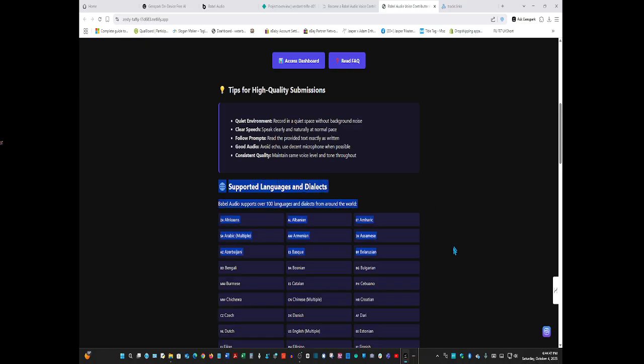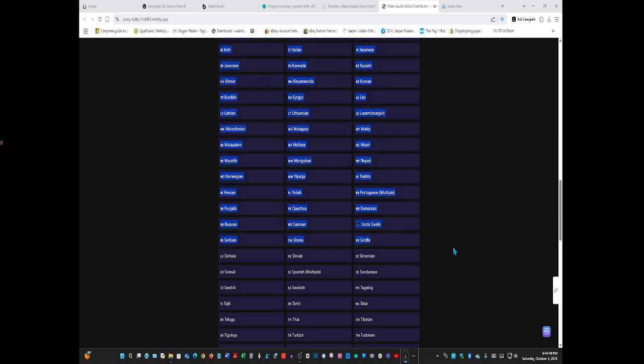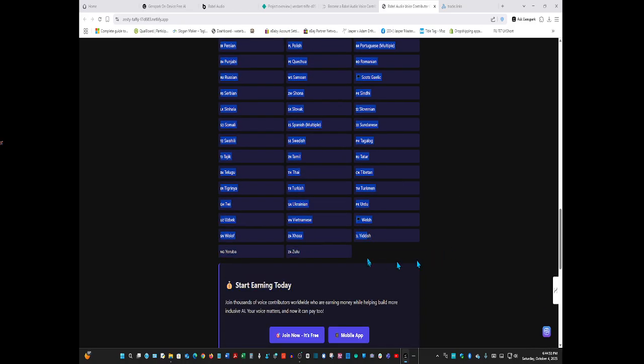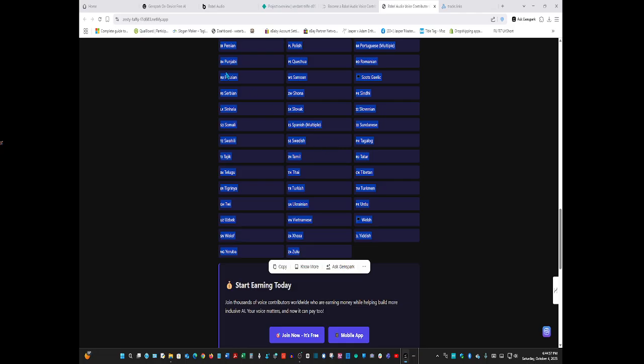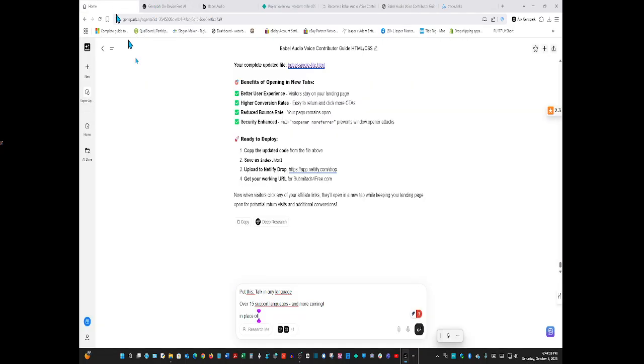Yeah, Copilot got a little optimistic about the languages. It looks like it took everything from Google's translation. Okay.